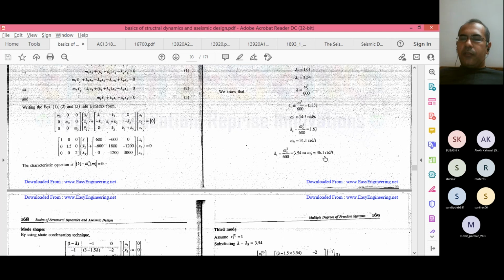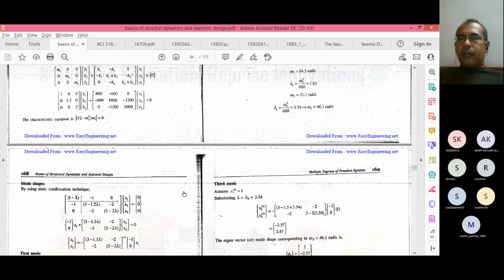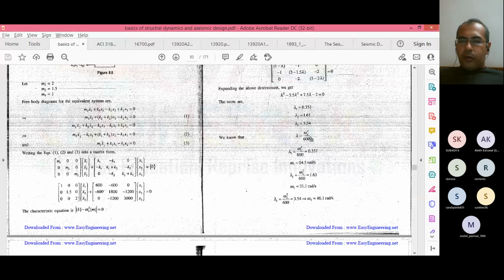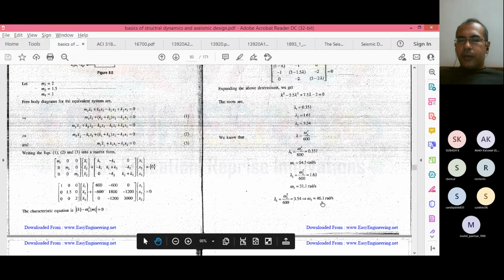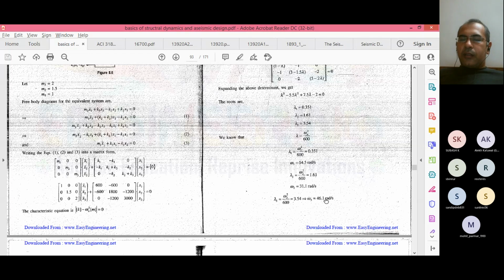So natural frequency is there. Now from natural frequency, using 2 pi by omega, you get the time period. In mode 1, the time period will be 2 pi by 14.5. Mode 2 time period will be 2 pi by 31.1, and mode 3 time period will be 2 pi by 46.1. So T1, T2, T3, for 3 modes. There are 3 masses, so 3 modes. For 3 modes, you have got the time period of the building,